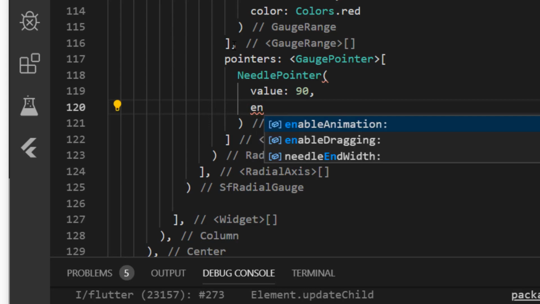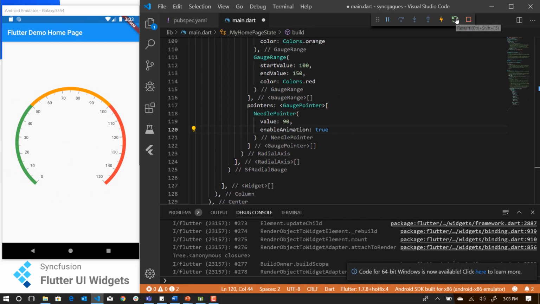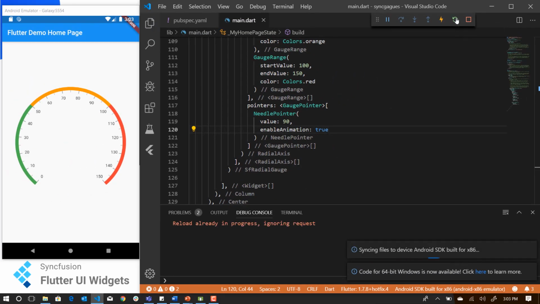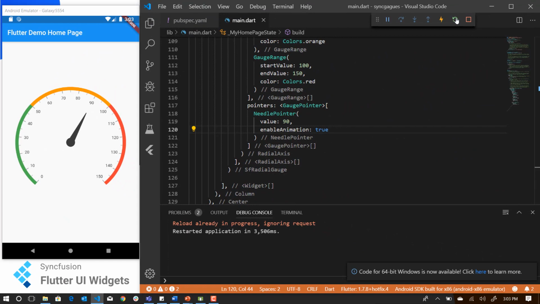So I'm going to enable the animation and set it to true. I'm just going to restart the application so that you can see the animation of this needle pointer. There you go. Now the needle pointer is animated from 0 to 90.